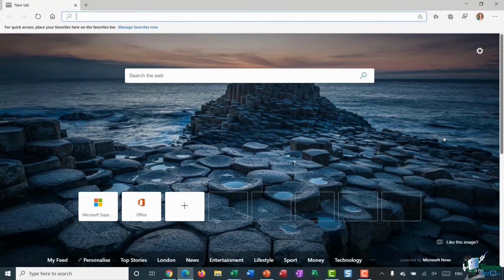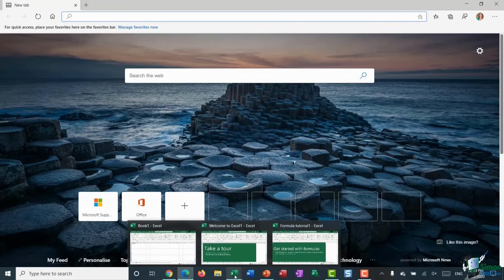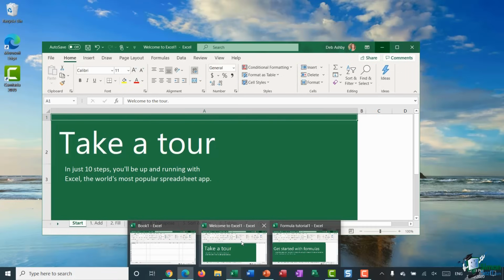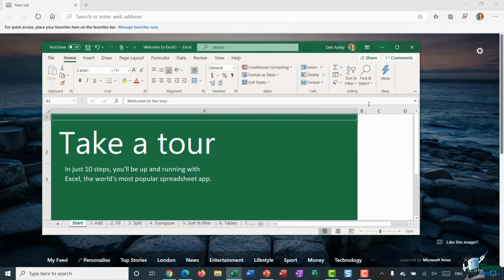If I wanted to jump to an Excel spreadsheet that I have open, instead of going through and minimizing down each window I have open to try and find what I'm looking for, a real quick way of doing it is to hover over the icon, so in this case Excel, and it's going to give me a little preview of all of the Excel spreadsheets that I currently have open. And you can see I have 3 of them open. If I want to switch to one in particular, I can just hover my mouse over it and click to select. And that essentially pulls it to the front. So this is a really nice feature. I use this all the time when I'm working with lots of different open documents